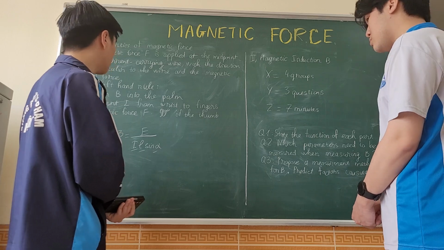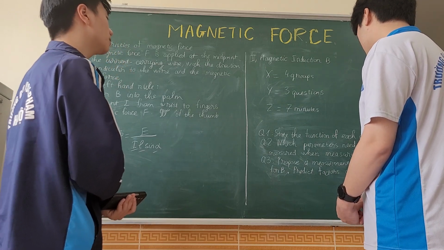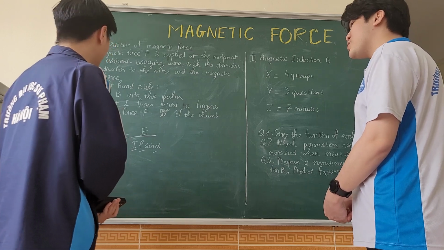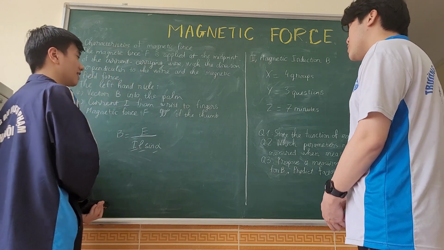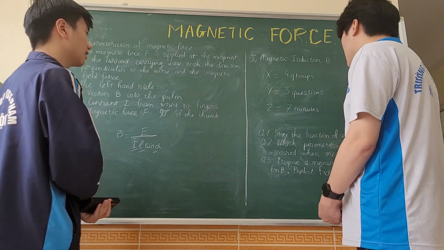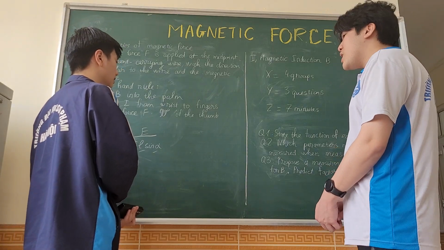So finally, the third question, can you propose a measurement method for B? We apply the function F over I L to measure B, and the factor that causes error, I think, is alpha, the angle between B and I, which is called